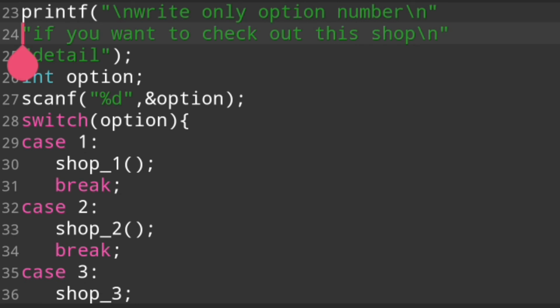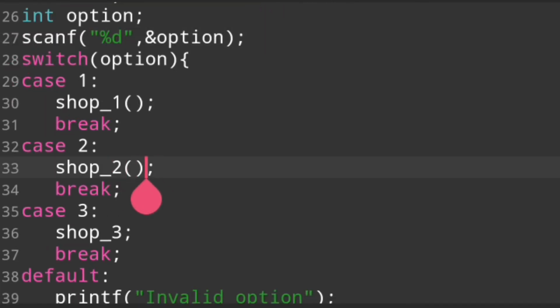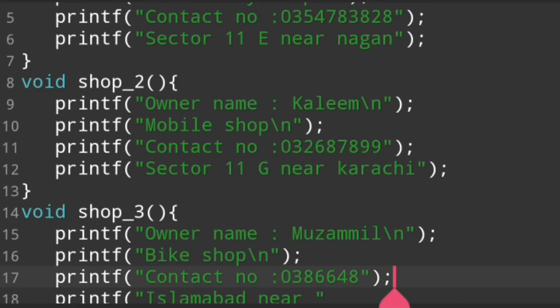If the option our compiler gets is 2, so shop number 2, with the help of case 2, our compiler calls shop number 2 after integer main. Our compiler goes to shop number 2, and then our compiler executes this whole program which is written in the function declaration, the shop number 2 function.